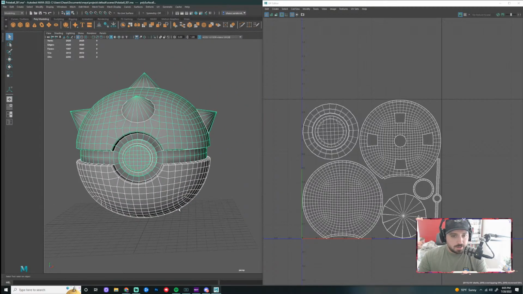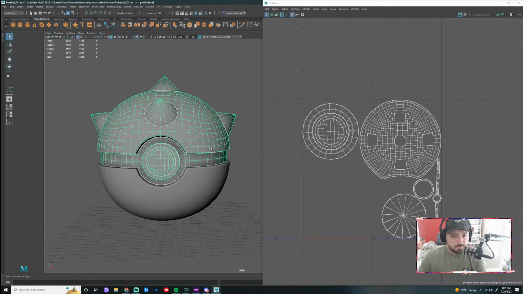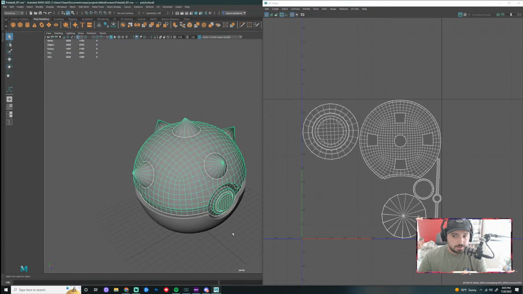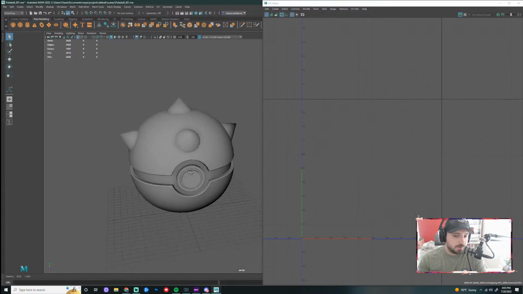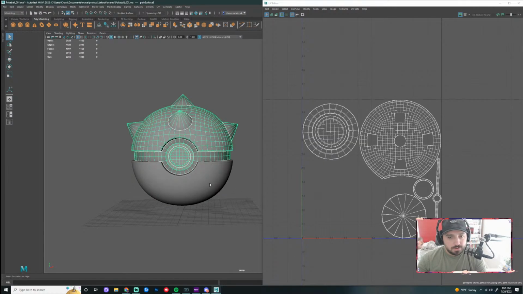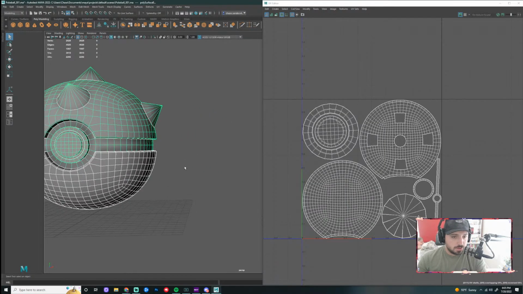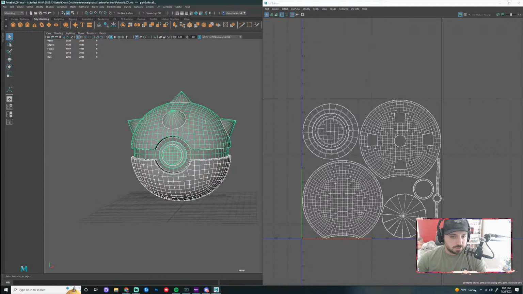Last week I didn't quite get to this point, right? But I added a couple more spikes from the last stream, which I said I was going to do. It was the same process as getting the other spikes done. So those are all UV'd and good to go. So we're just going to talk about how to paint and export out of Maya.